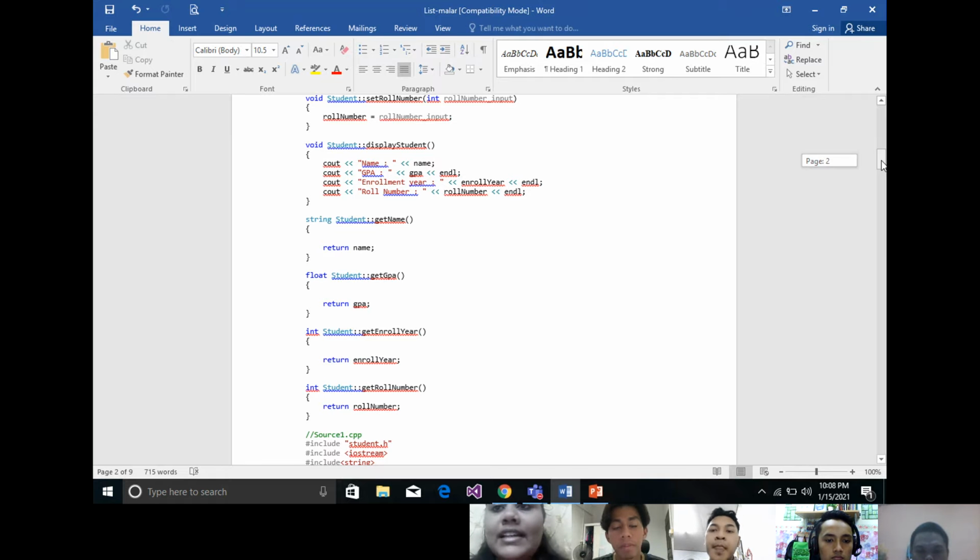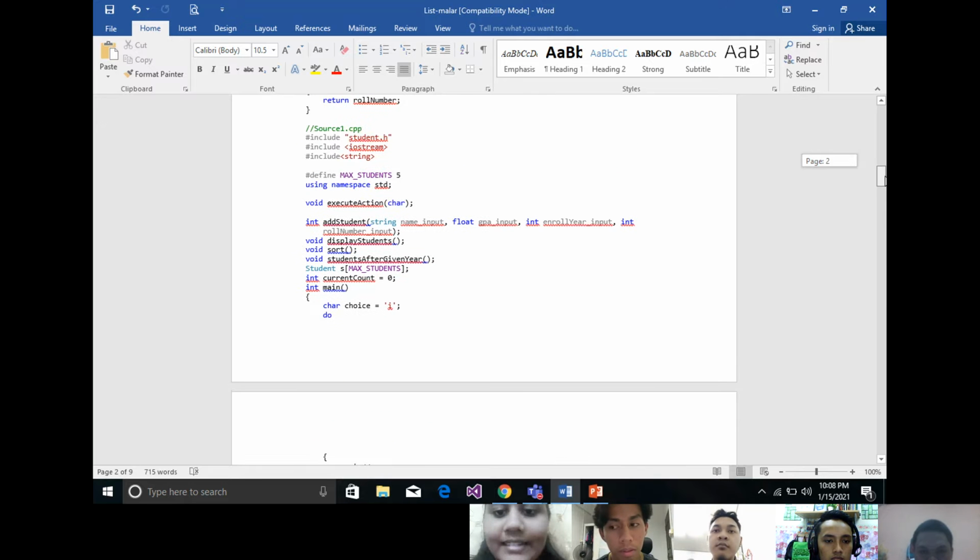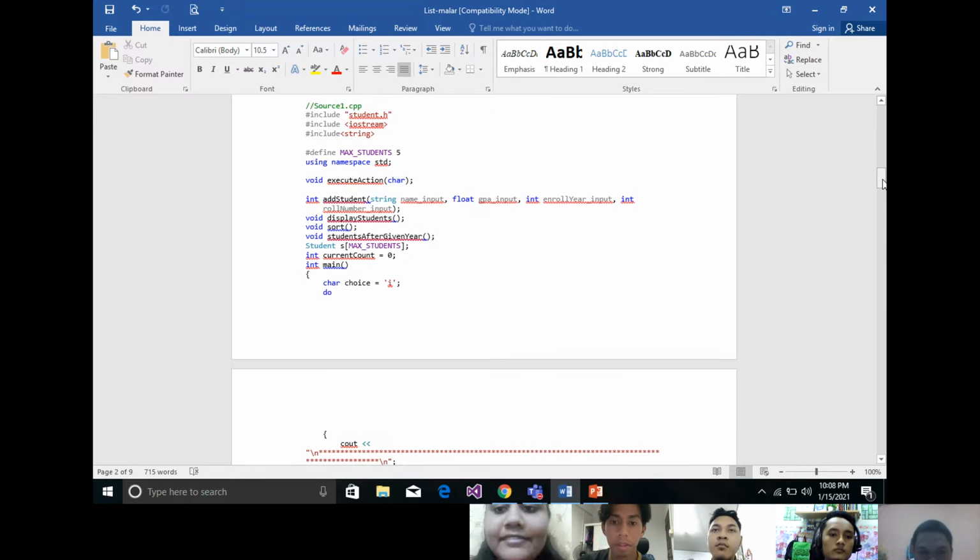Main CPP file creates an array of objects and uses a menu-driven program to add a student, display student info, sort the student list, and find the newest student by the enrollment year. We have to add the students, ask for details from the user for the given selection, and perform that action.